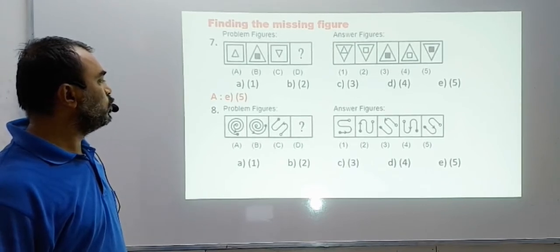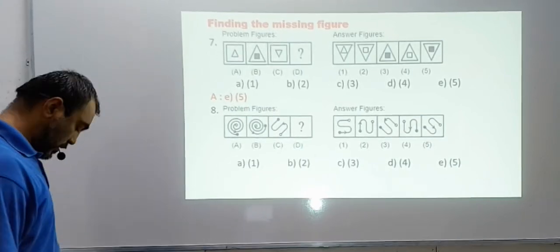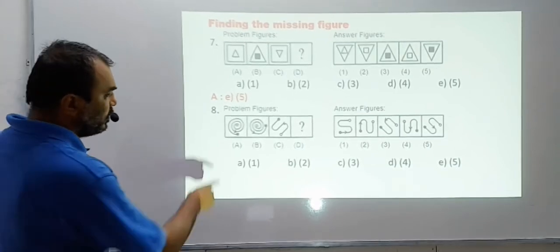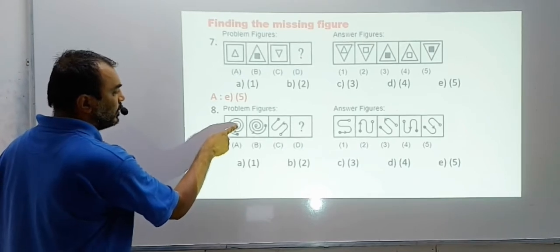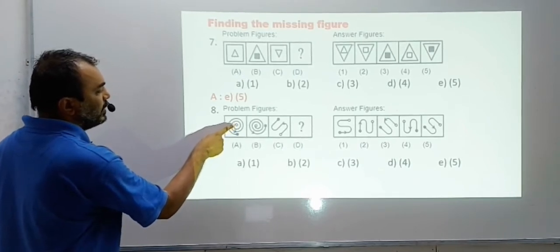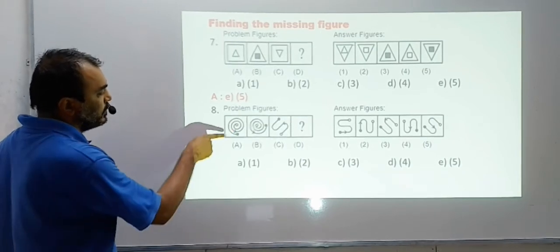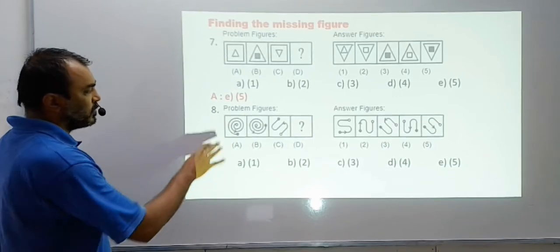In this question, what do you notice? This is a very typical question, and there are some things you need to notice here very carefully. In this figure, there are three things you have to see. The circle and where the line leaves the circle, where the line touches the circle, that is the first position. Then the arrow, and then the black dot. So there are three things you need to see here.